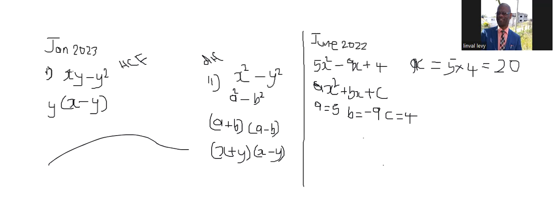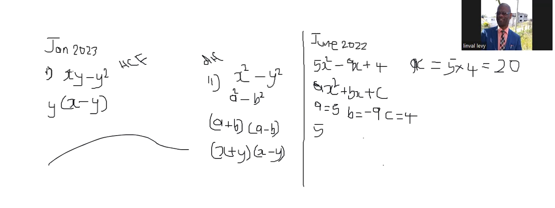So it means that both the 5 and the 4 must be negative. When you multiply -5 times -4, that gives us +20. So now we can go ahead and replace -9x with -5x and -4x. So we have 5x squared,